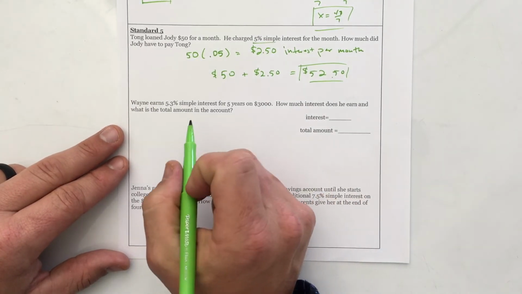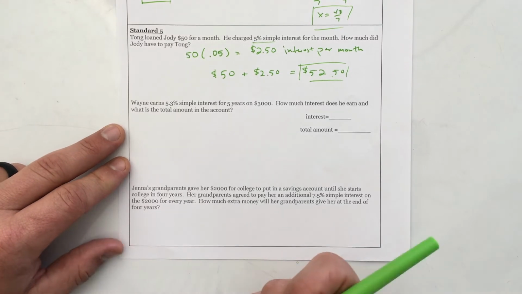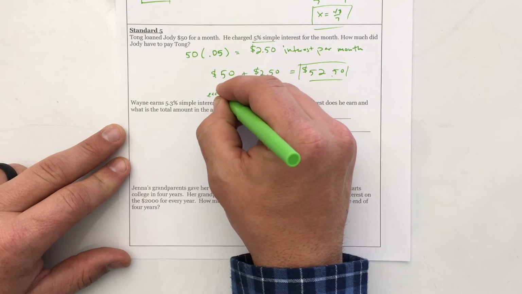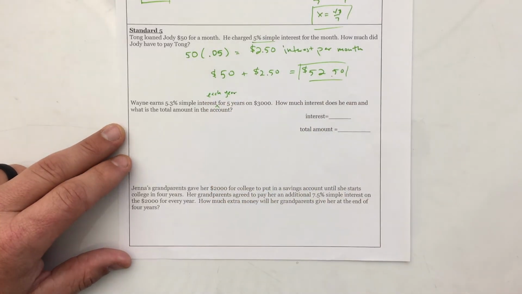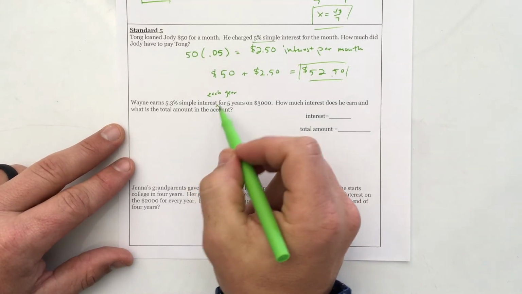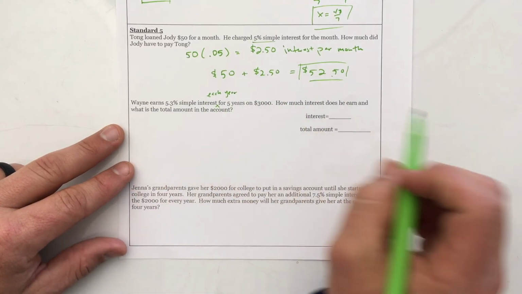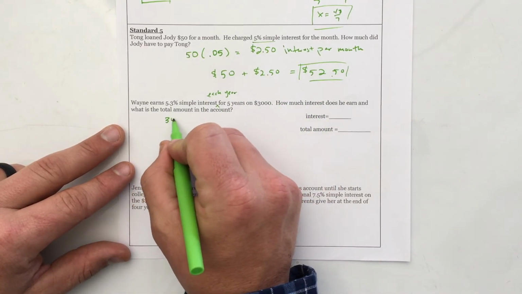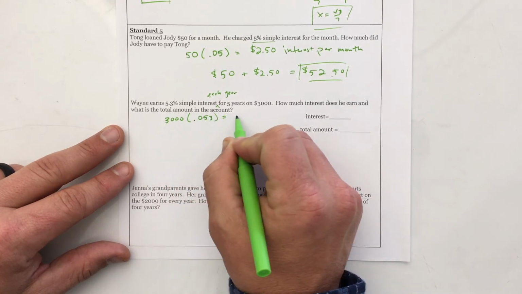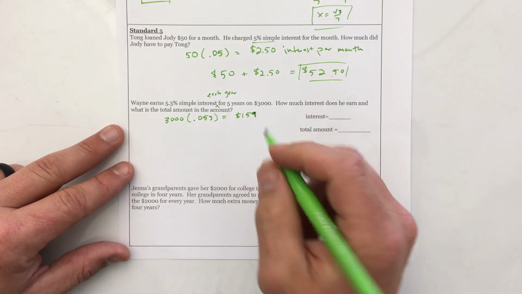Wayne earns 5.3% simple interest for 5 years on $3,000. Now, this question was poorly written. This should say each year for 5 years. So I'm going to accept two different answers here. First, if you did it the way I wanted it to be written, and then second, if you did it a different way. So first, for $3,000, you would multiply that by 0.053 and get $159 per year in interest,